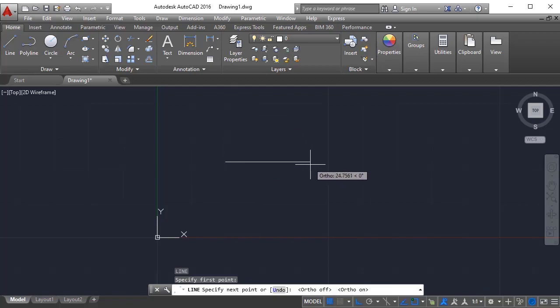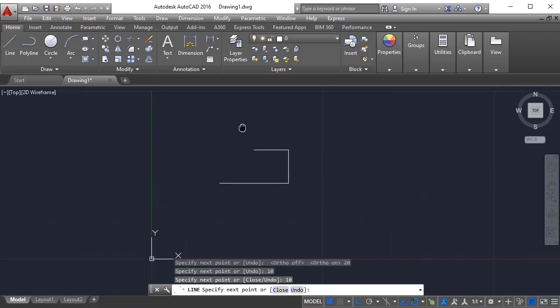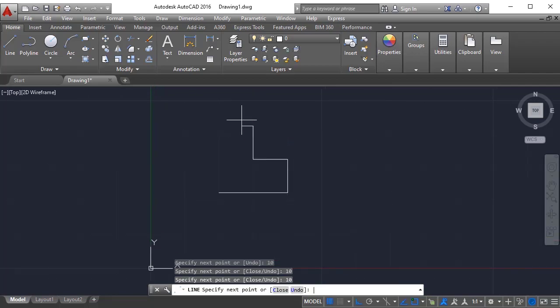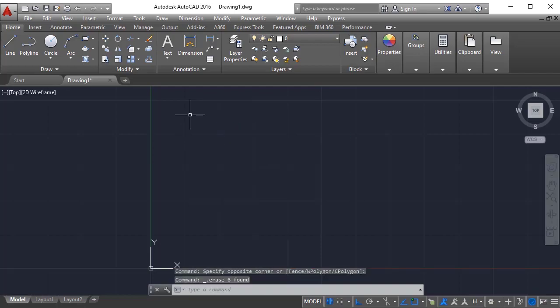I can show the direction, like in horizontal 0 degrees I just want a 20 unit line length, and in vertical 90 degrees I just want 10 units, and in negative 180 degrees I want 10 units again, and then the negative 90 direction, 10 units. I just want to close it, so 20. Simply, I showed the direction using the mouse and applied the value. Like this we can create lines using the direct method.